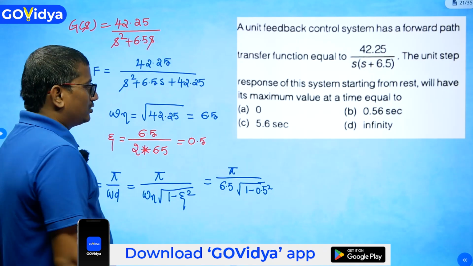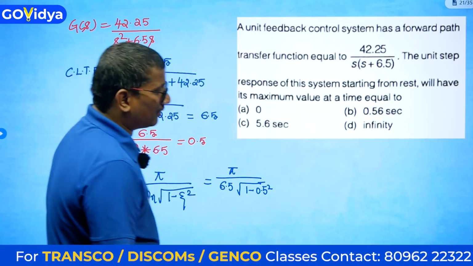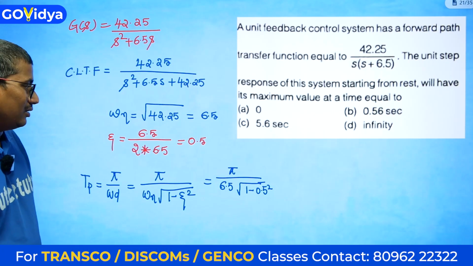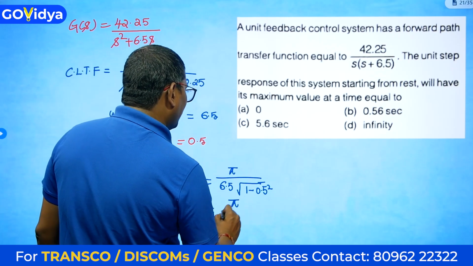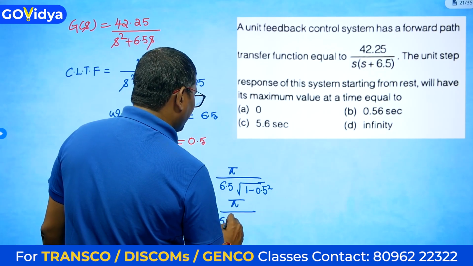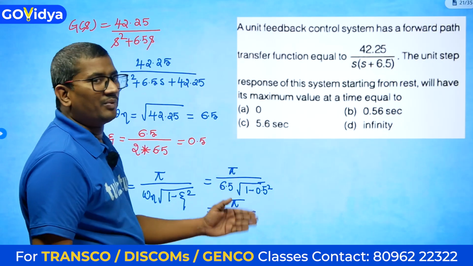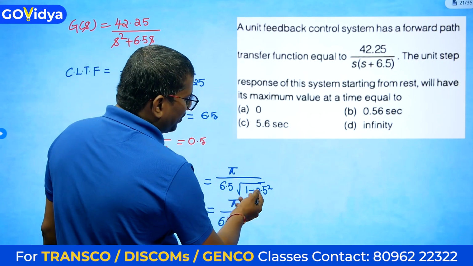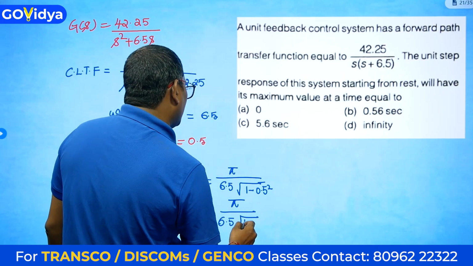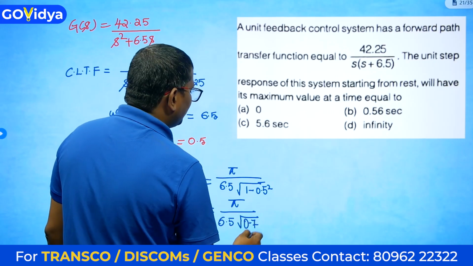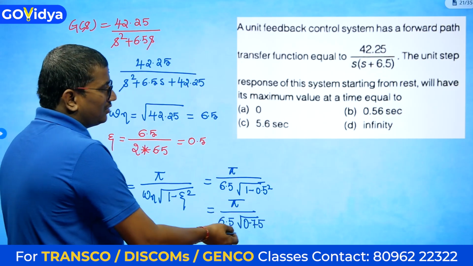So from this you simplify it and you will get it. Okay na? How much are we getting? So this is the indirect way also you can check. Pi by 6.5, this is 0.5, 1 minus 0.5 square, and it will be 0.75. And if you multiply, this is 0.75, which is nothing but 75 by 100. Obviously this value will be somewhat